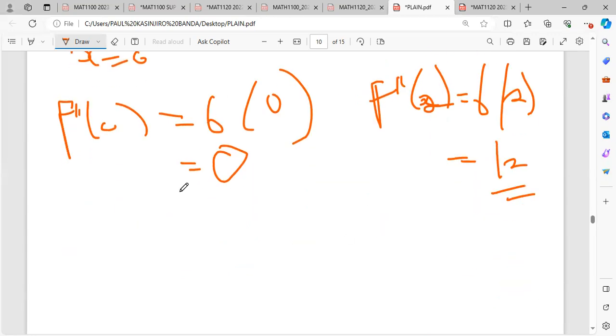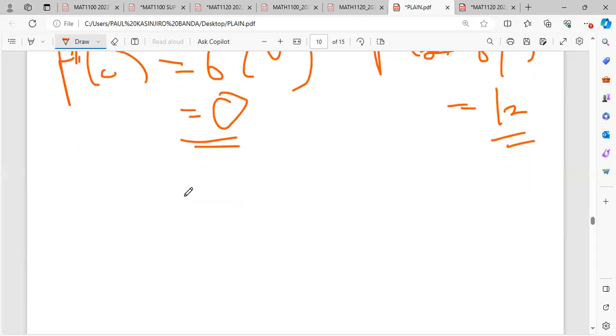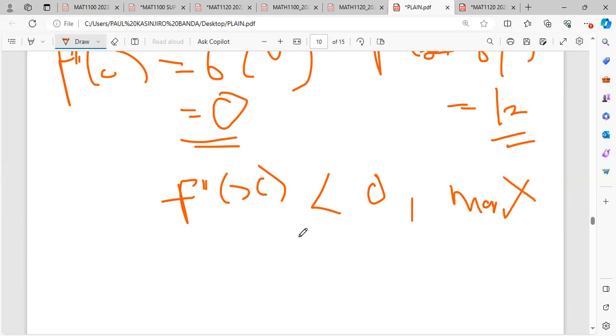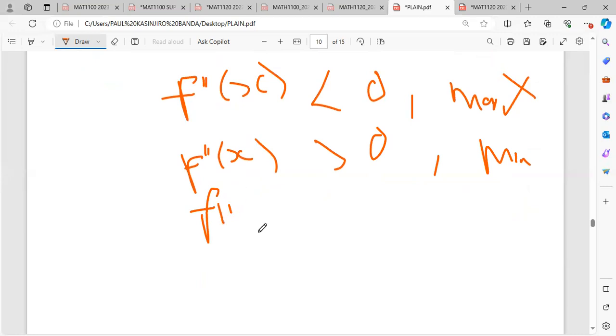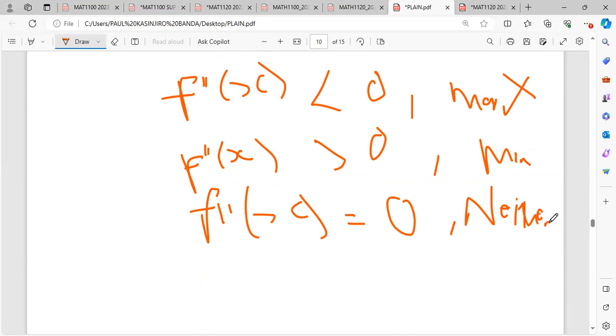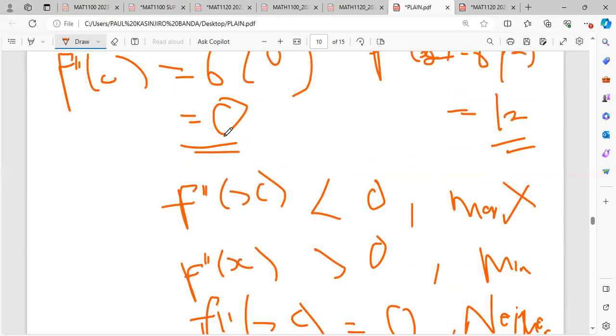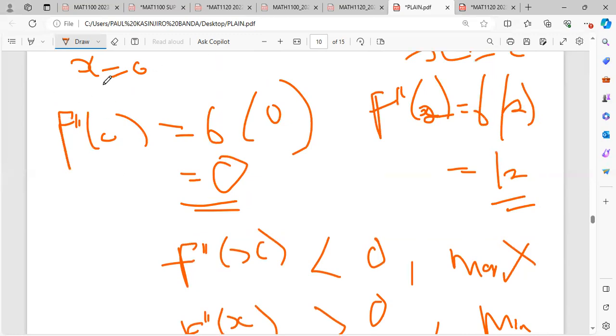After that, you follow the following condition. If the second derivative there is less than 0, then the nature is a maximum. If the second derivative there is greater than 0, the nature is a minimum. If the second derivative there is equal to 0, then it is neither maximum nor minimum. So according to what we got here, when you substituted x equals 0,